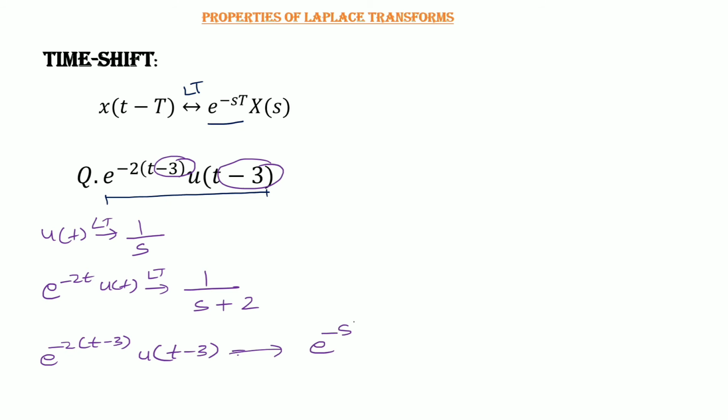We can write it multiplied by 3 and divided by s plus 2. What we will have is e to the power minus 3s divided by s plus 2. This will be the answer. So moving towards the next slide,